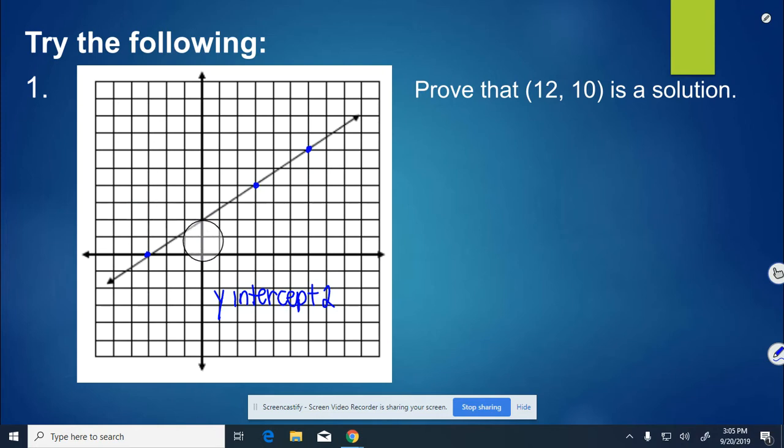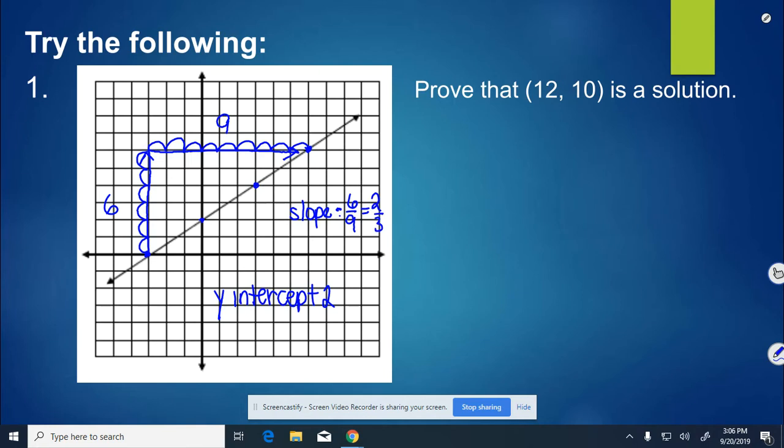So I'm going to move this around. If I decided to go from this very first one all the way up and over to this one, I can find the change in y over the change in x, or the rise over the run. So the rise would be 1, 2, 3, 4, 5, 6. And the run, 1, 2, 3, 4, 5, 6, 7, 8, 9 is 9. So our slope would be 6/9, but 6/9 simplified is 2/3